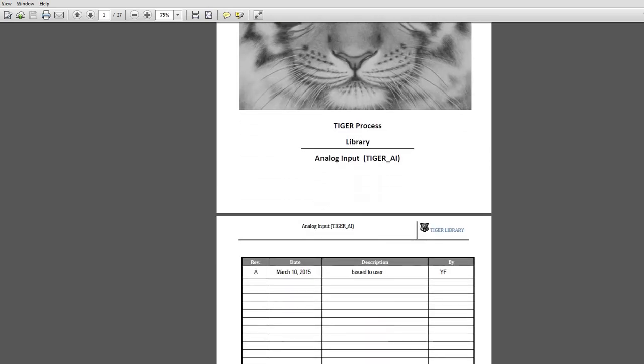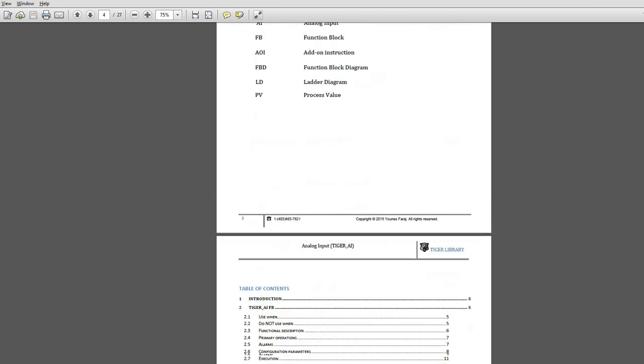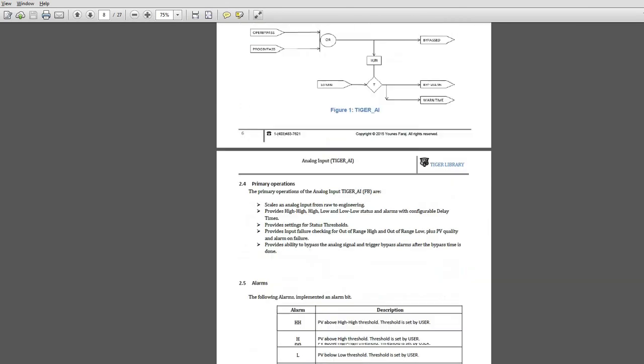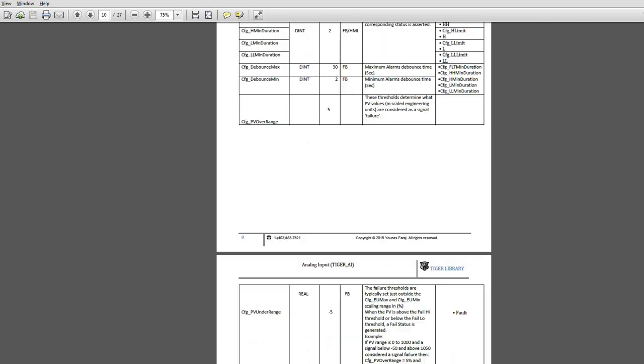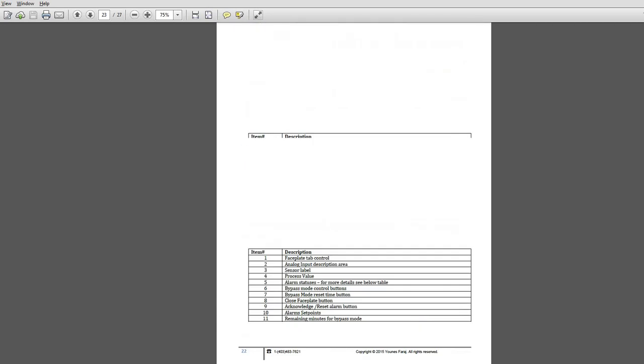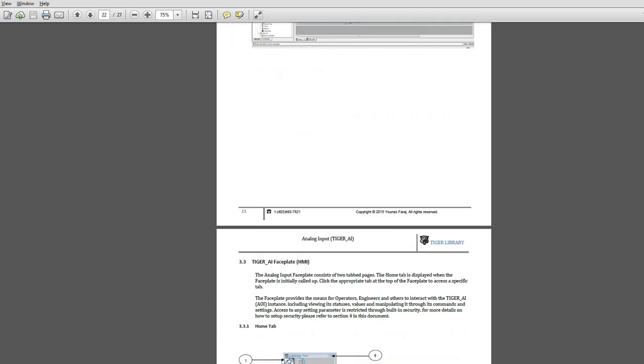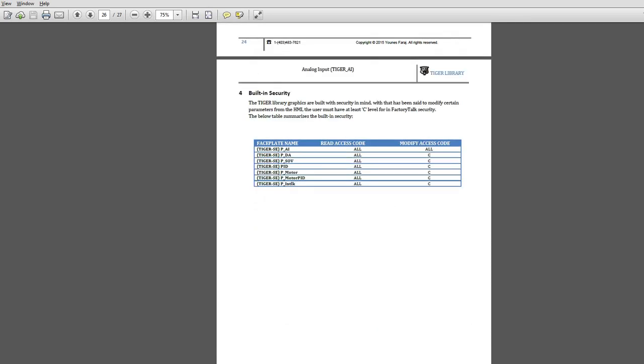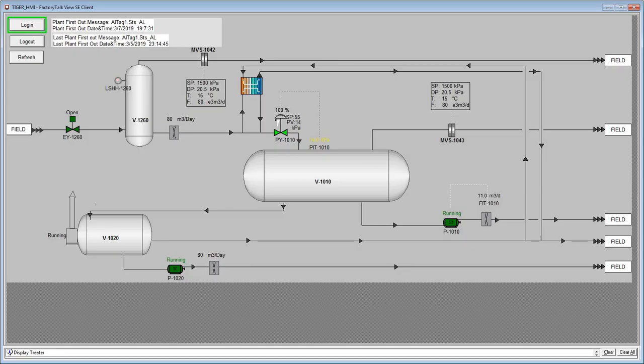So the Tiger process library analog input, and then in there is a brief description, a little diagram, and then the parameters for the specific controller you're dealing with, how to implement it in the PLC and HMI, etc. So it's fairly well documented, so you could either watch the video or perhaps use the manual. Either or, they're all valid options. Okay, so let's dig into the library